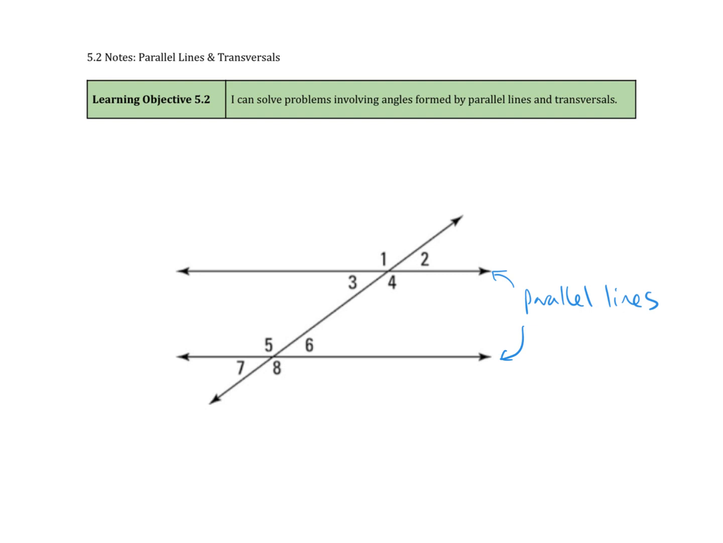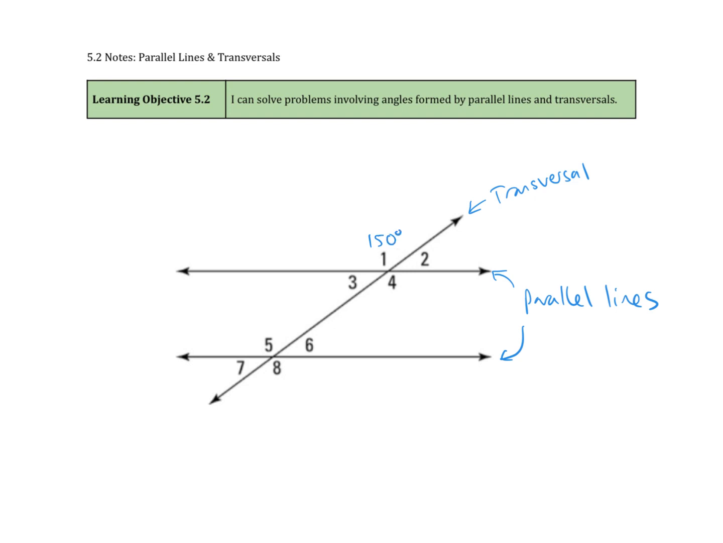This other line, the third line in this diagram, is called a transversal. It's a line that crosses the two parallel lines. And when we have two parallel lines and a transversal, 8 angles are formed. And if we know one of those angles, we can actually find all the rest. Let's say I know angle 1 is